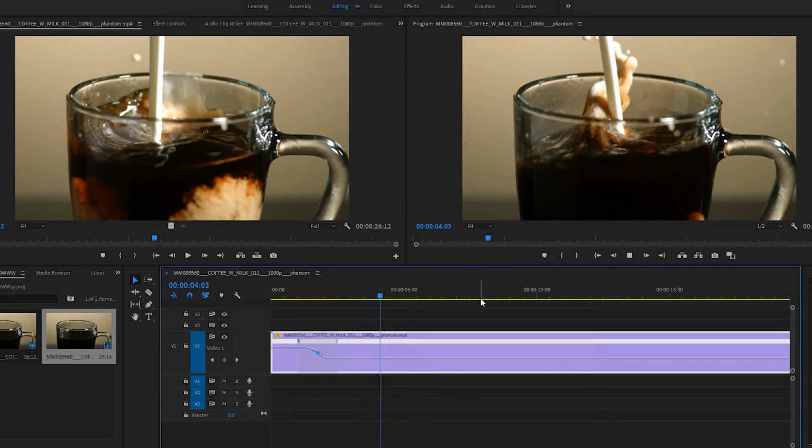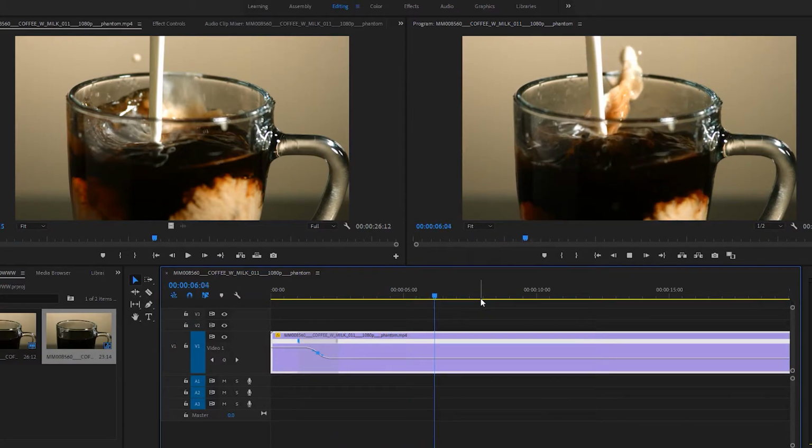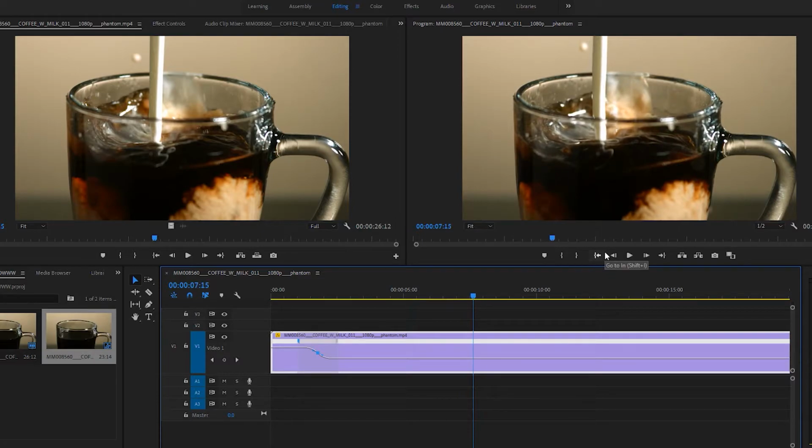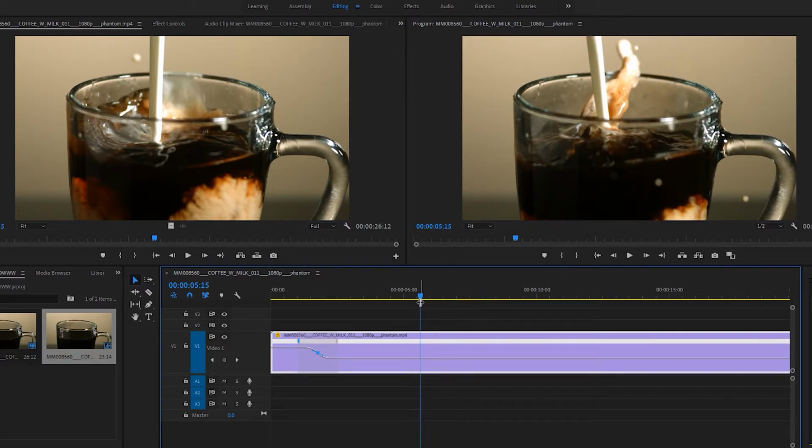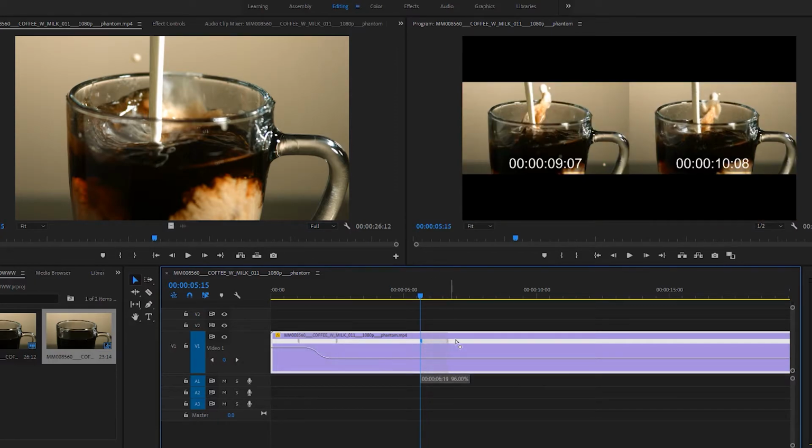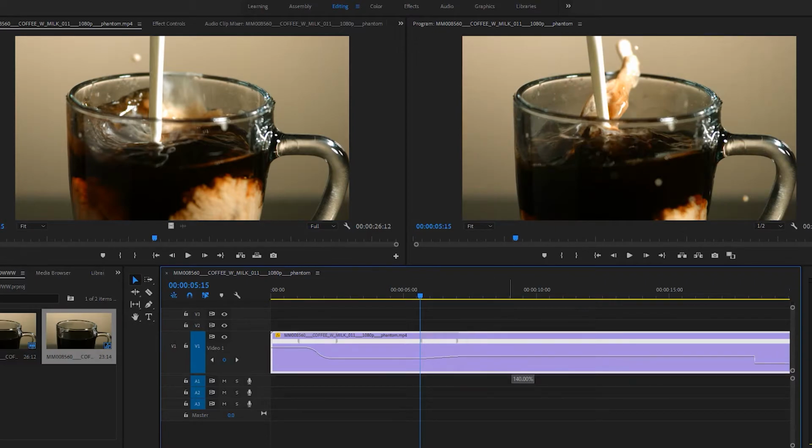Next thing I'm going to do is turn it back into fast motion. And how I'm going to do that, it's the same process that we used earlier to turn fast into slow motion. I'm going to be using this point right here to turn that back into fast motion. I'm going to import the keyframe again, expand that right about 2 seconds and increase the speed back to 300%.